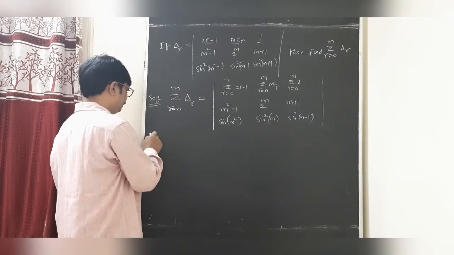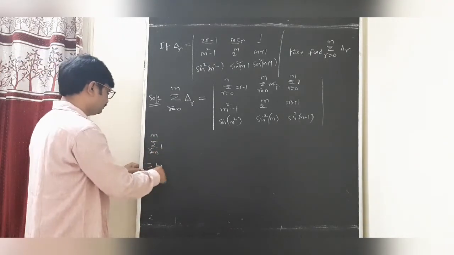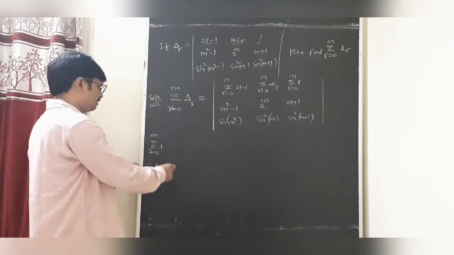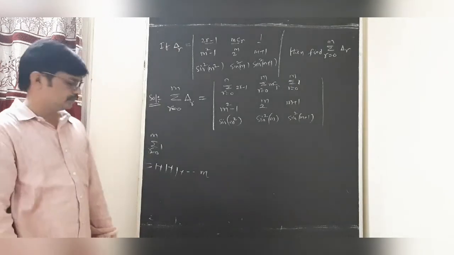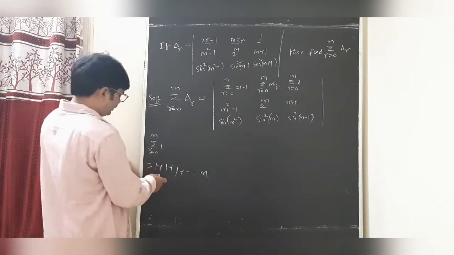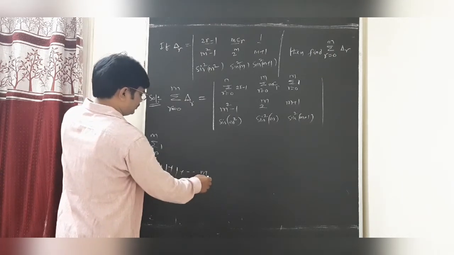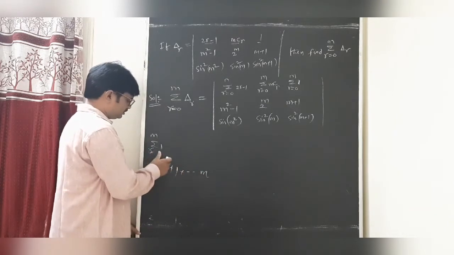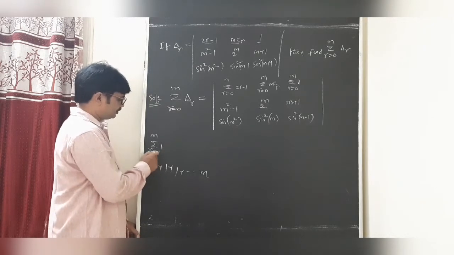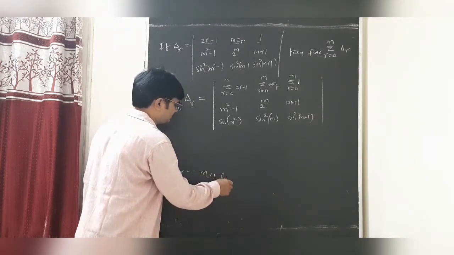What is the meaning, students? R equal to 0 that is 1. R equal to 1 that is 1. R equal to 2 that is 1, up to m times. How many times? Here dear students, this is r equal to 0, r equal to 1, r equal to 2. How many times are these? Actually 1, 2, 3. R equal to 0 is there. In general r equal to 1 is there. Undoubtedly m times, r equal to 1 m times. But r equal to 0 is there. So m plus 1 times.